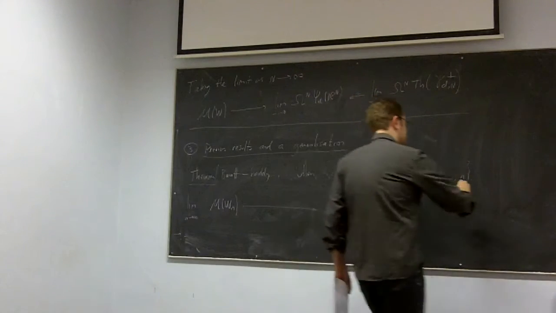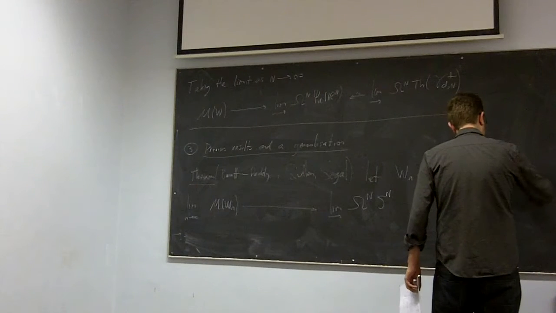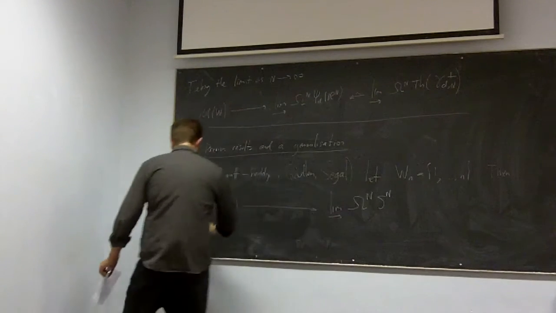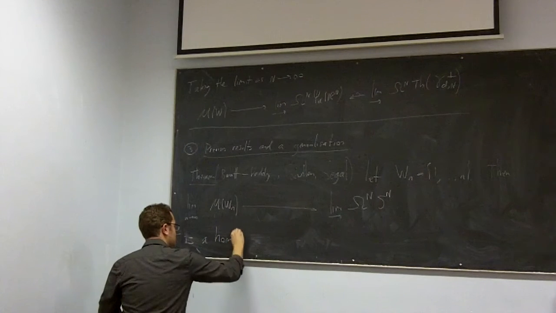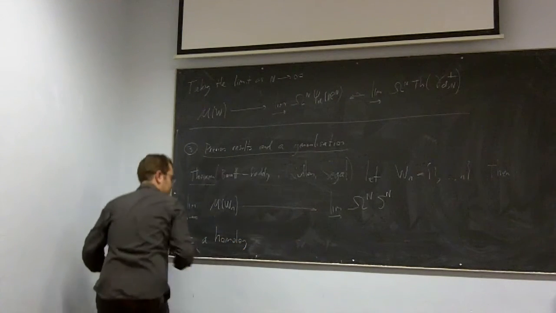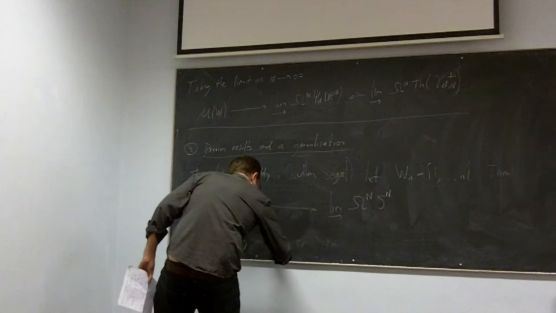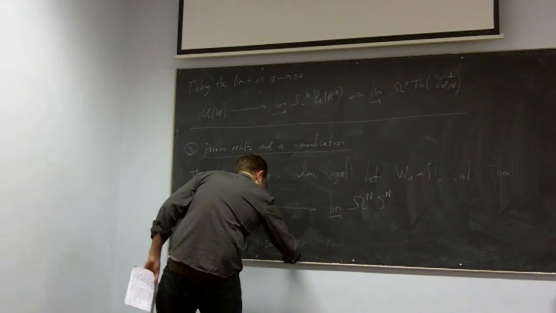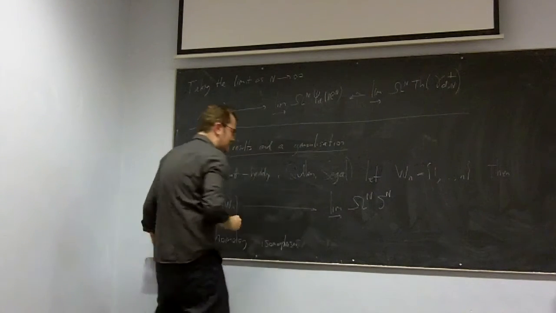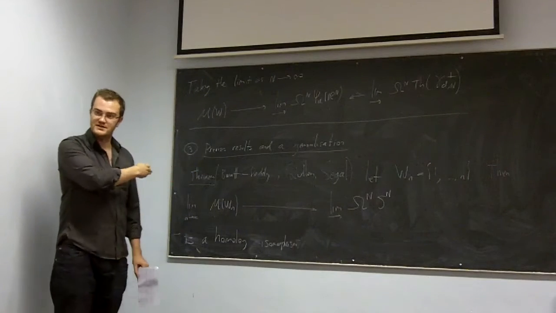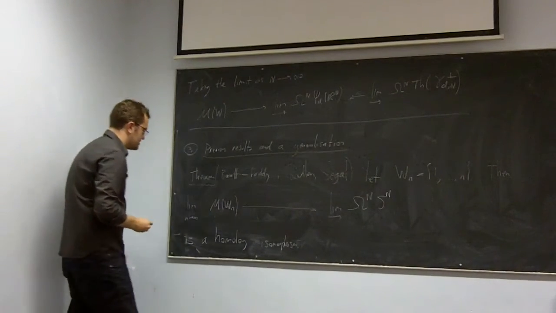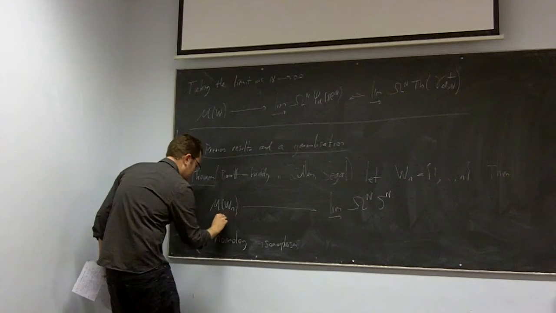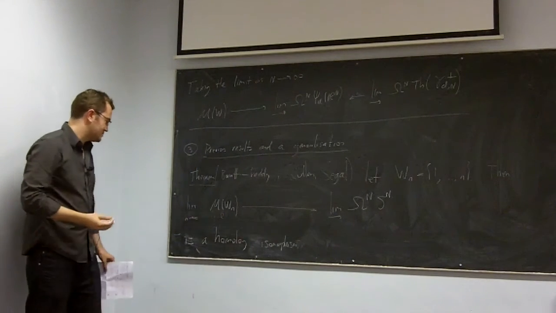And the theorem is that if we do this, this map is a homology isomorphism. Meaning that when you take homology groups of both sides, this map induces an isomorphism. On the other hand, as I just mentioned at the beginning, this moduli space was meant to be a model